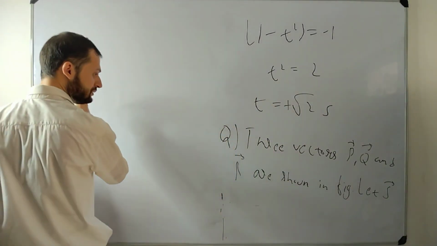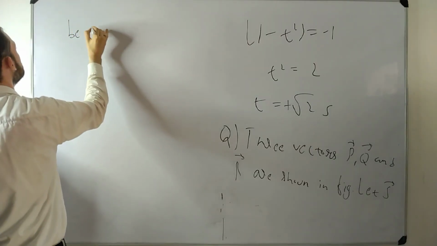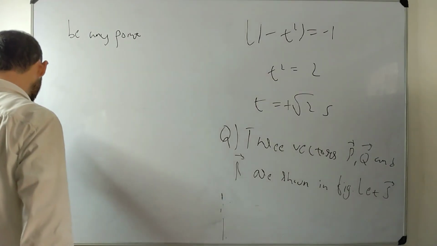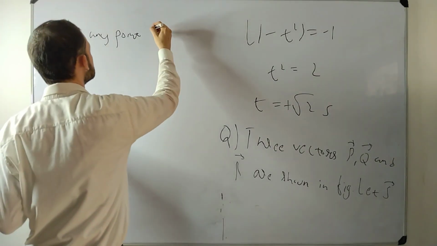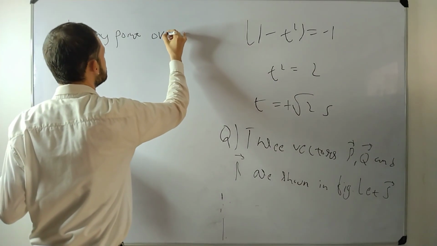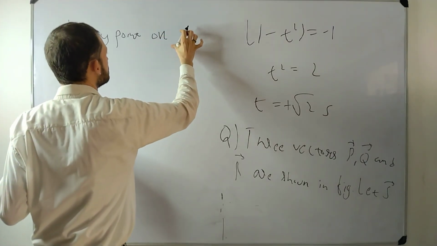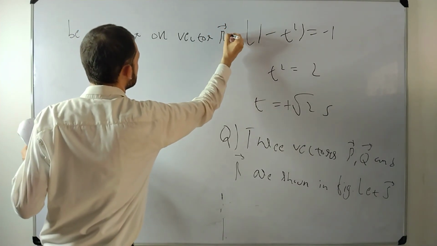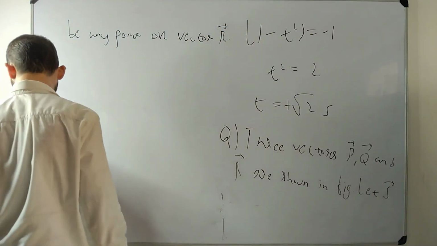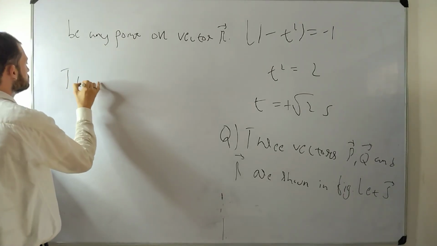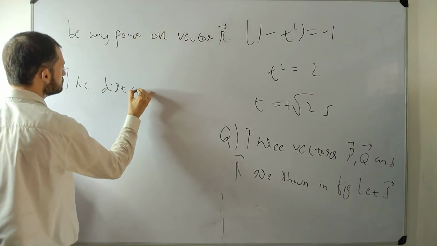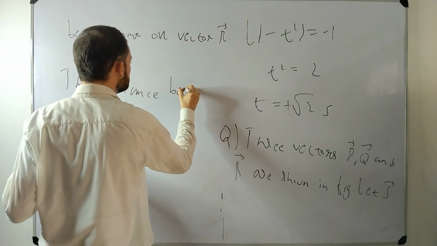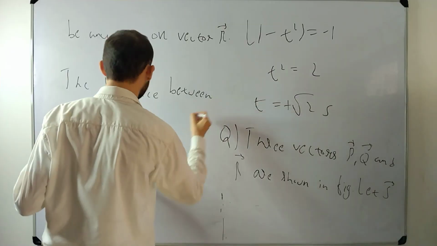Be any point on vector R, right students? The distance between points P